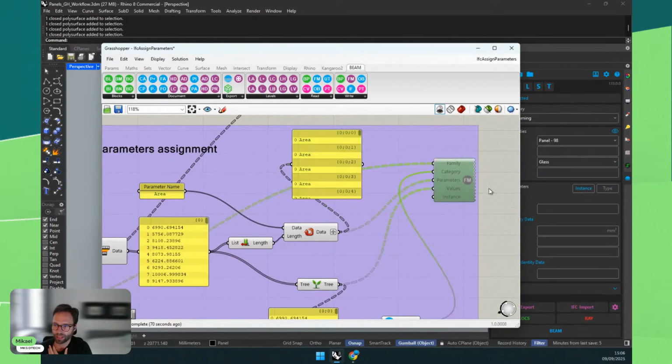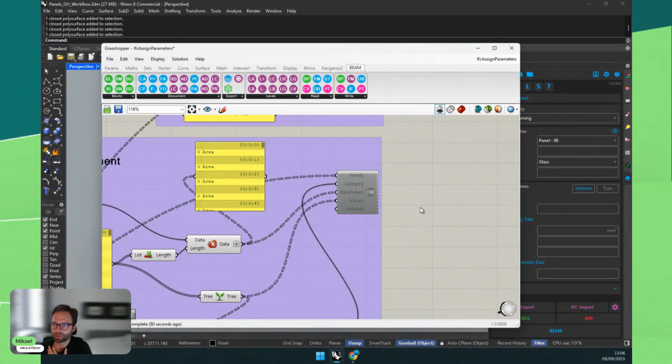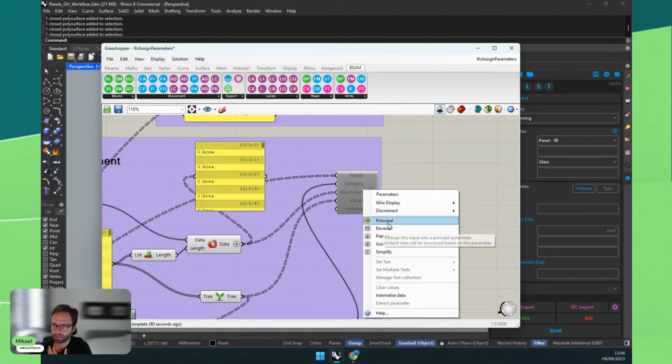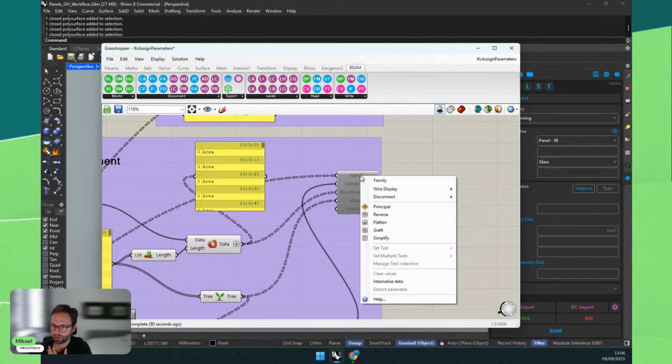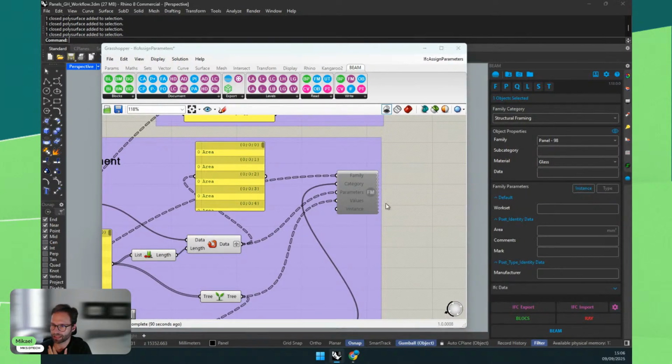values here. And then we use this node, which is the set family parameters, which now is purple, but this should be blue. We changed this recently. So if I unblock these, if I enable this, have a look at the panel, because it will change in real time as I have one thing selected.